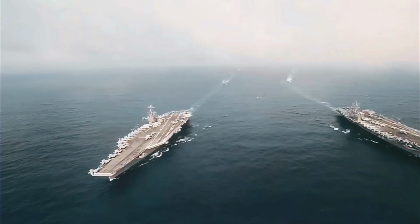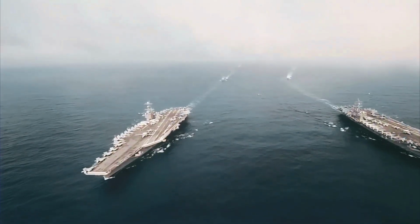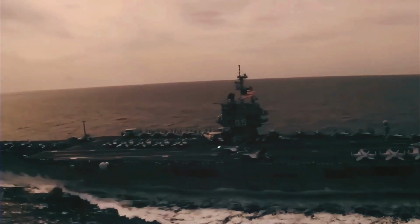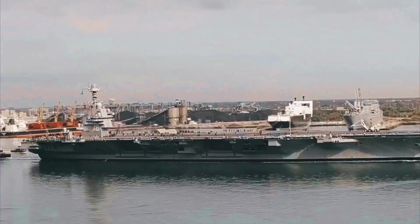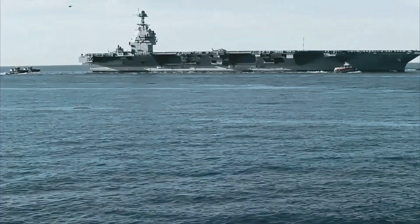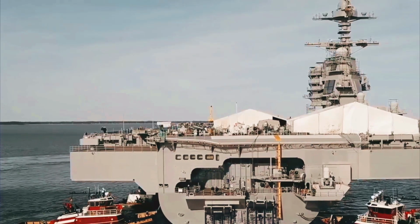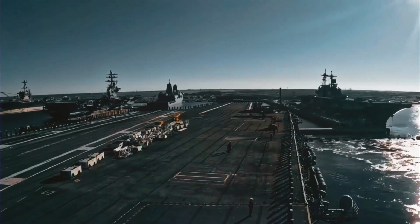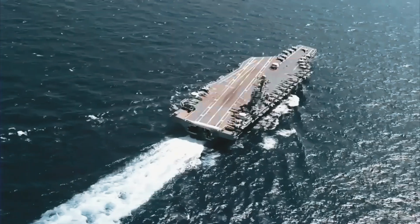Imagine a colossal steel fortress weighing 100,000 tons, slowly rising from a dry dock after being flooded with 100 million gallons of water. This is the birth of a Ford-class aircraft carrier, the ultimate symbol of American naval engineering. From meticulous construction in Newport News to the innovative technology of the electromagnetic aircraft launch system, these floating giants represent